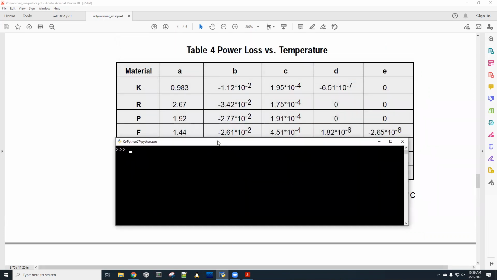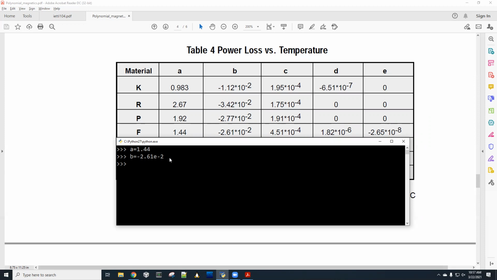So what I'm going to do here, since we're interested in simulating the F-type material, I'm going to be entering in the values for these coefficients. A is equal to 1.44. I'm simply creating variables in the Python language and assigning numerical values to those variables. Next, we have B is equal to negative 2.61 times 10 to the negative second power. An easy way to represent this in computer programming is with the E letter followed by the power of 10. So negative 2.61 E minus 2 is just another way of saying negative 2.61 times 10 to the negative second